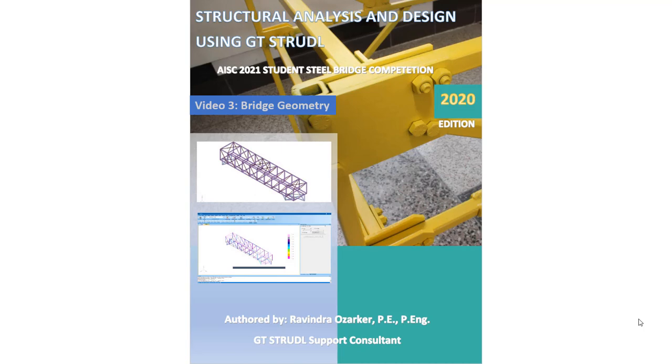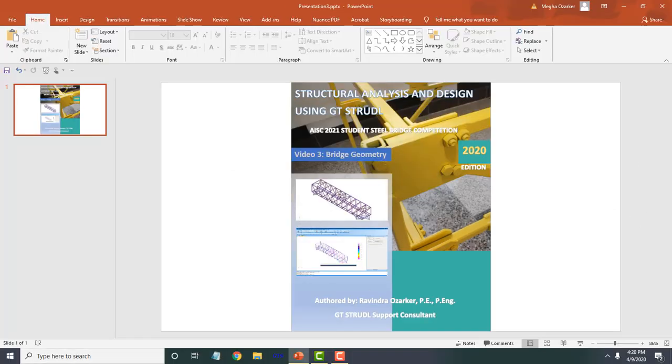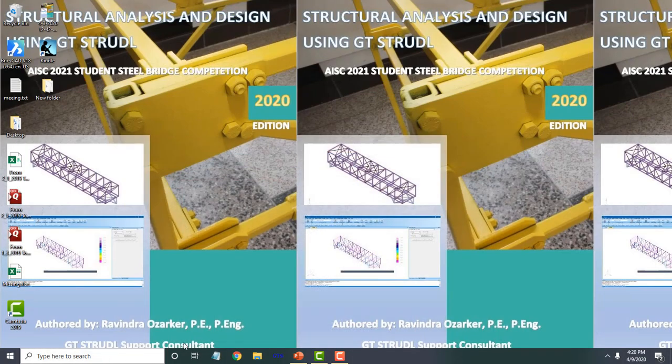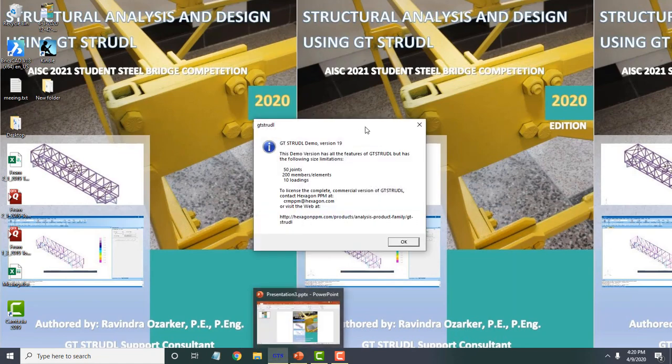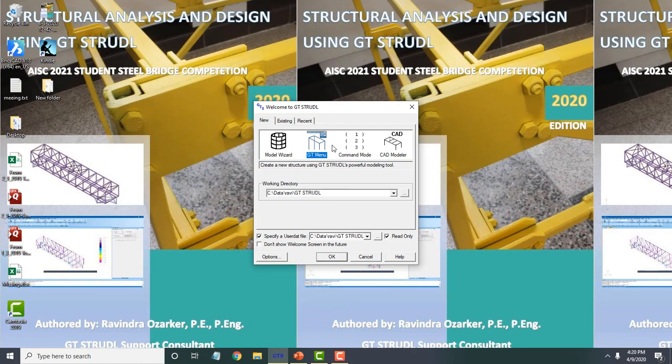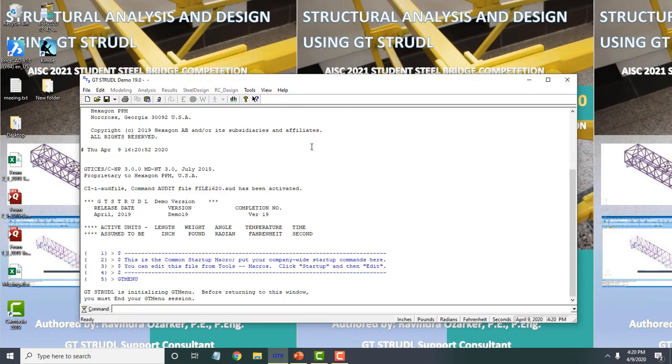Now, in this video, we are going to talk about the bridge geometry creation inside GTStrudel. So I'm going to exit out of this presentation mode and then start GTStrudel. Okay, so if I click on the GTS icon, then I can click on the GT menu and go to the graphical